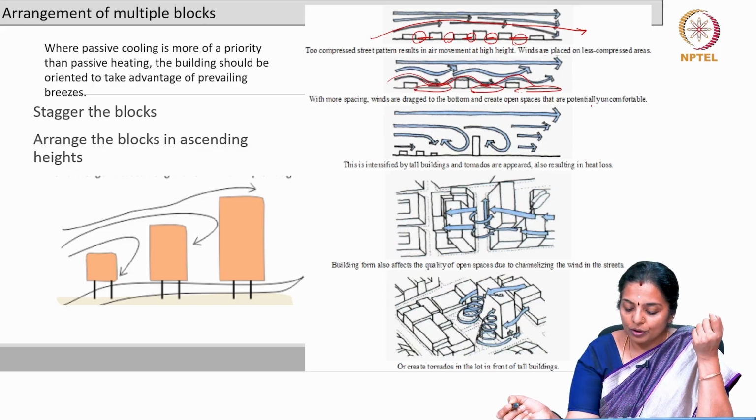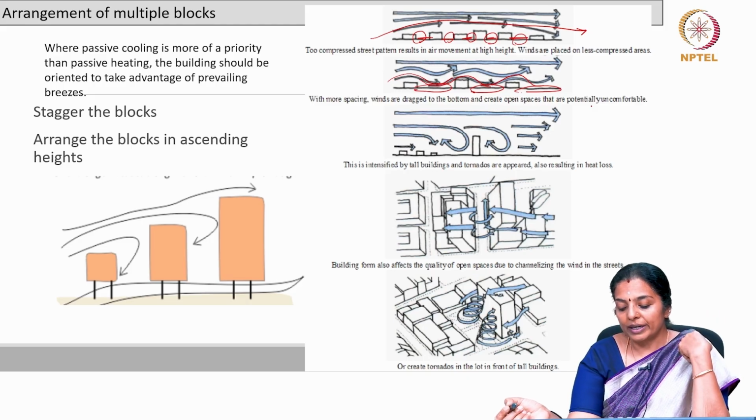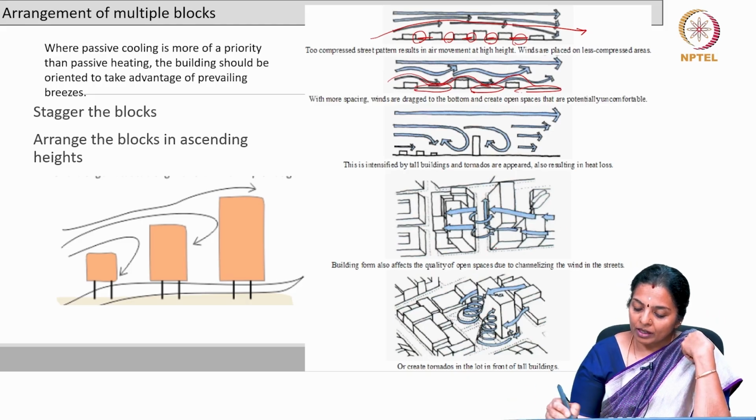Building form also affects the quality of open spaces due to channelizing the wind in the street. So, having